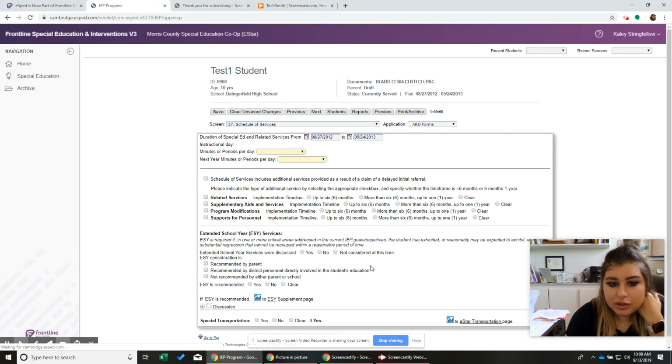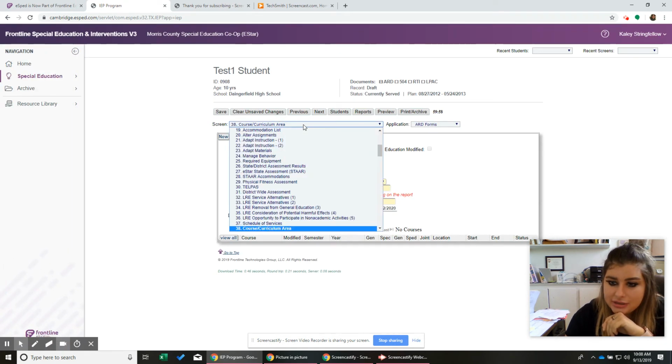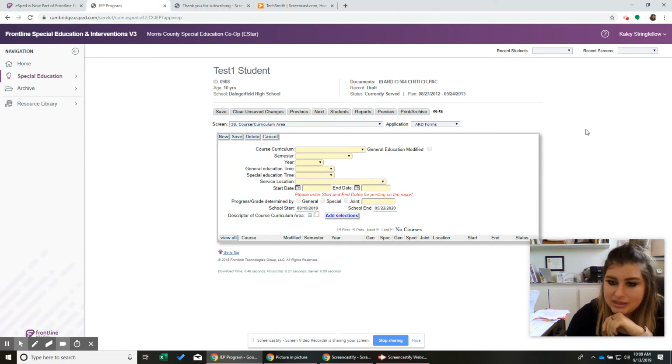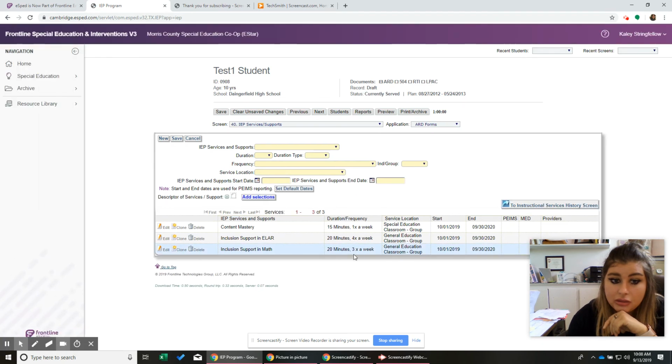Then there's a few more things I have to do, and then when we get to schedule, I'll be like, okay, we're going to talk about what their schedule looks like. We're not talking about gen ed because that's something that everyone does. We're only listing special ed. So I'm going to say, or you're going to say, their schedule right now, they're all in gen ed. Let's talk about how we're going to support them. And then at that time, you would say, okay, well, they go to content mastery usually about 15 minutes once a week.